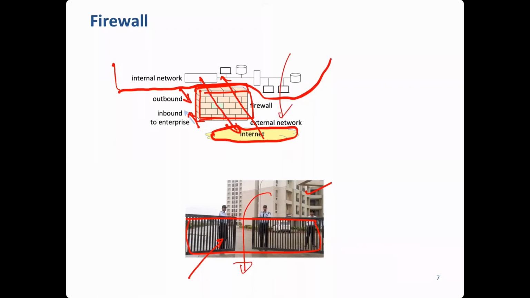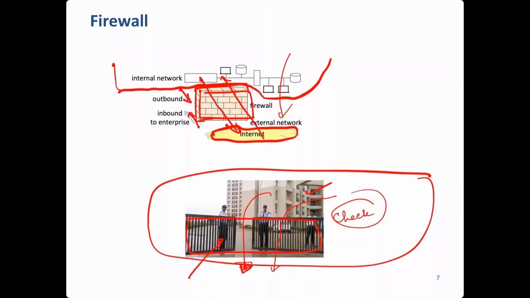Again, these guys will look at whether you are a resident. If you're a resident, you will be allowed to just go out without any check. For that you may have some token, or something like a sticker on your car, or some ID card. Or if there is a vendor going out, then they will check. Anybody who is non-resident will be checked, right? So this gate is working, and plus the security guard is working as a firewall.